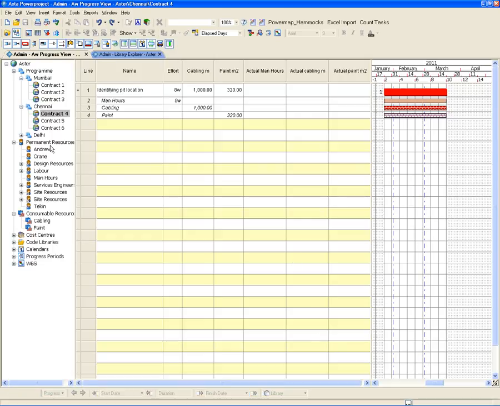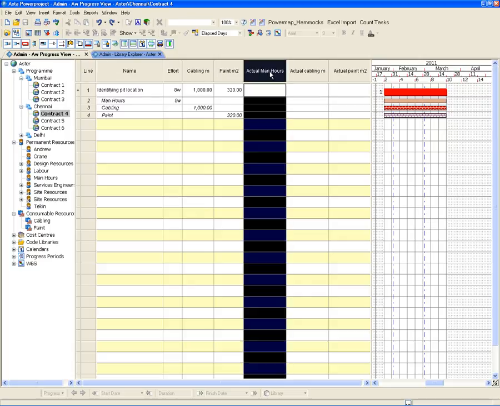Okay, so we have three resources: man hours, which is just a simple permanent resource, and two consumable resources, cabling and paint, and I've allocated each of those to those activities. And you can see I've got some columns here for the total amount of man hours, the total amount of cabling on the task, the total amount of meters squared of paint. And just looking at this column here,